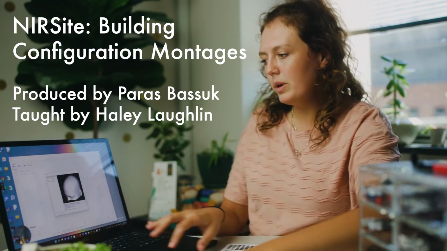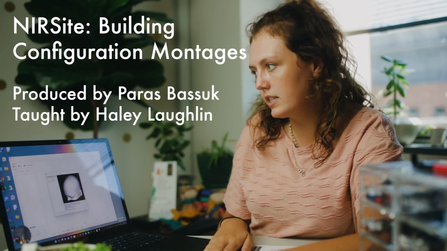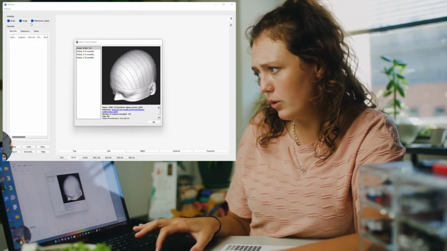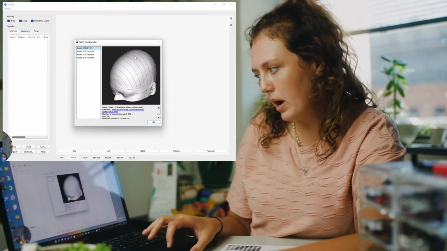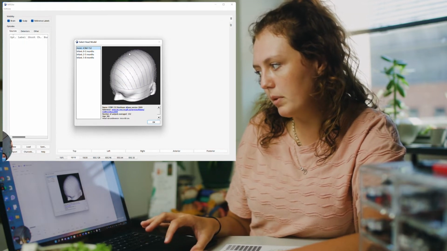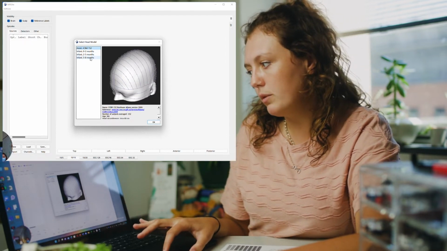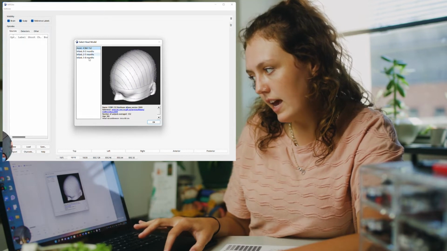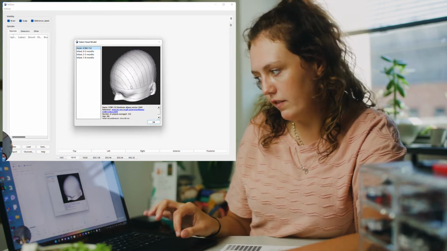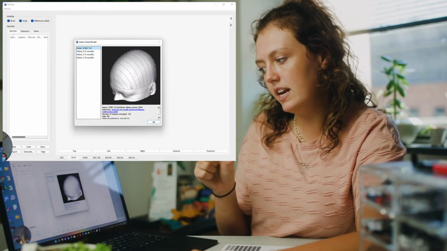All right, so now we are going to build our cap configuration on NIRSite Montage software. When you initially open the app, it's going to have this select head model window pop up, and you will select the adult if you're working with a population that's above 8 months. Any population under 8 months, you're going to use the infant head, and the reason for this is there's going to be a different cap layout needed for an infant head, and the distance between the sources and detectors will be shorter. In infants, they'll only be about